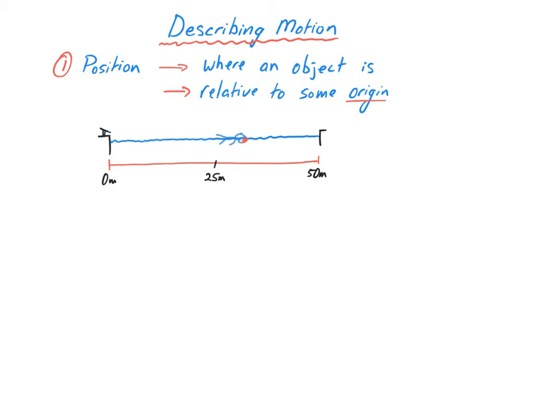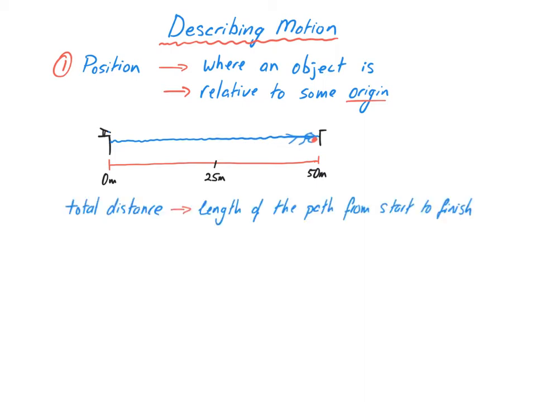There's 2 different ways in which we can describe this motion. The first is the total distance travelled. This is equal to the length of the path from the start to the finished position. So shown then in orange up here, we see the length of the path equal to 3 lengths of the pool, being 150 metres. This is what we call a scalar quantity because it requires a magnitude and no direction to